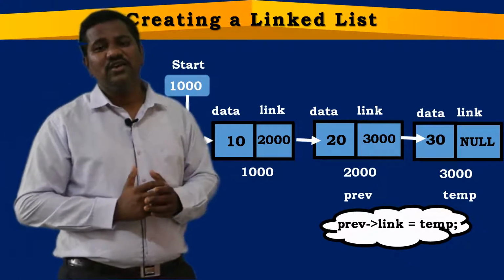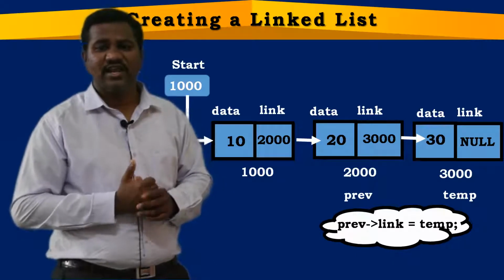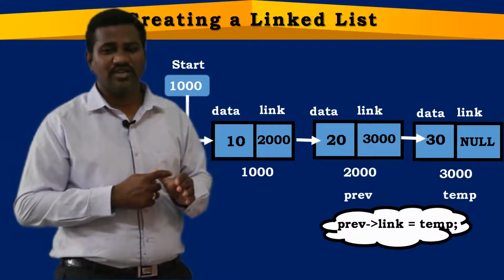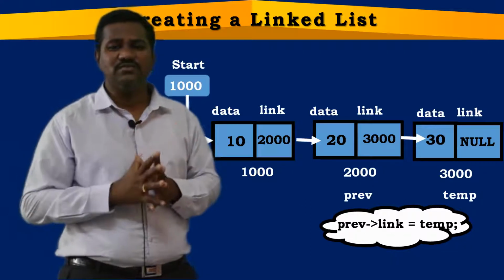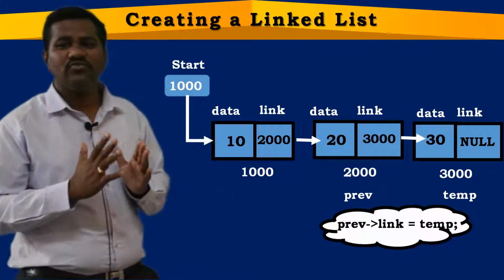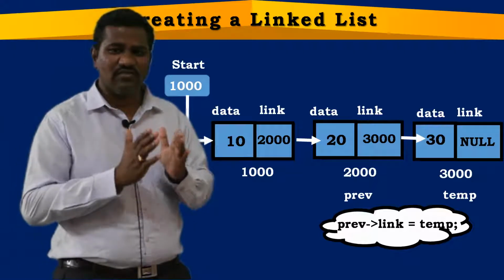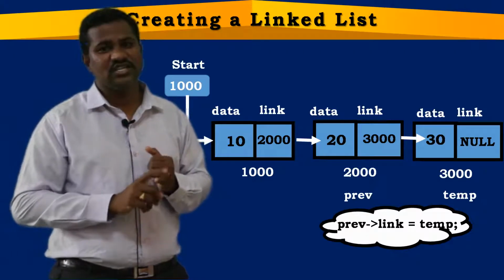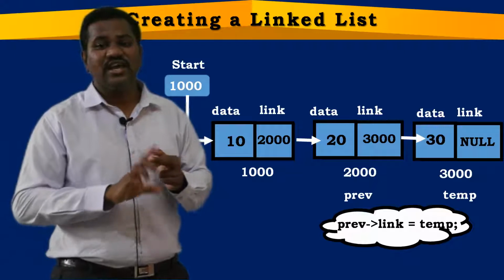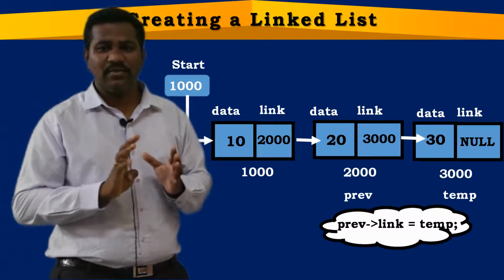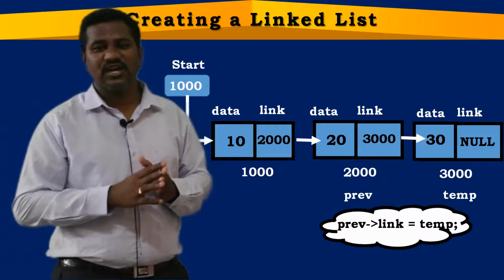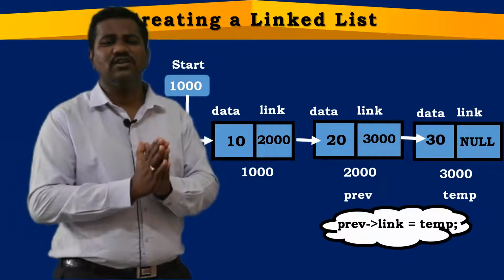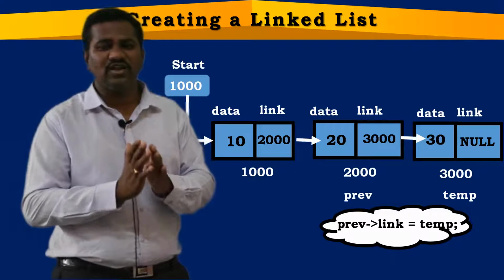As I already discussed in the last session, we are going to perform different types of operations like creation operation, traversal operation, insertion operation, deletion operation, and search operation. We'll be performing this set of operations on the linked list. So how we are going to frame our C program is that for every operation we write one function. Creating a linked list is one function, traversing is one function, insertion is divided into 4 categories, I will be coming with some videos, deletion is classified into 3 categories, and search into 1 category.